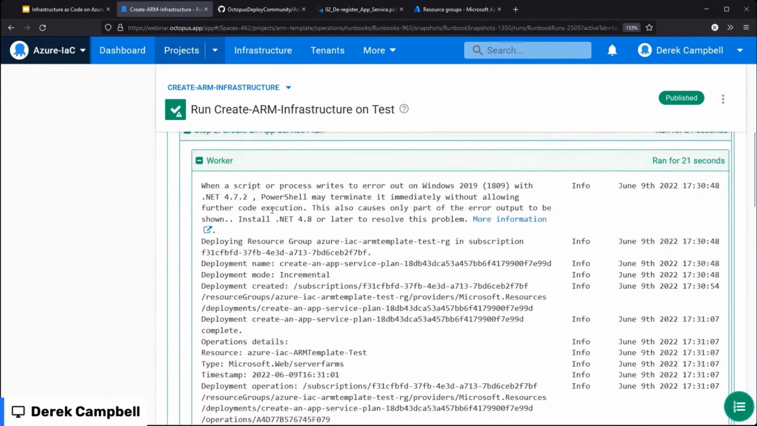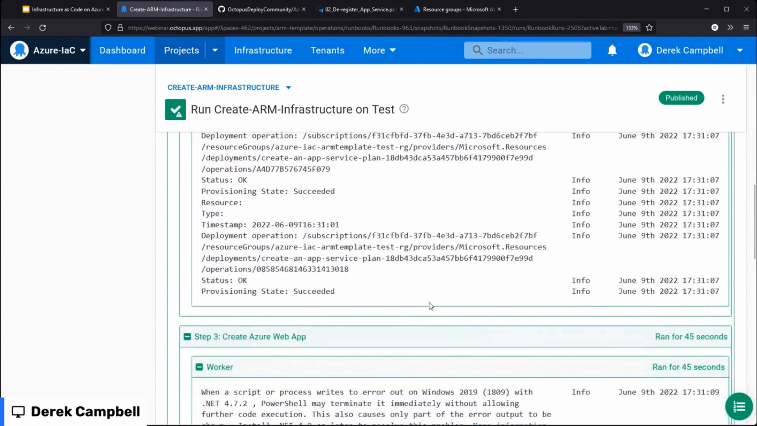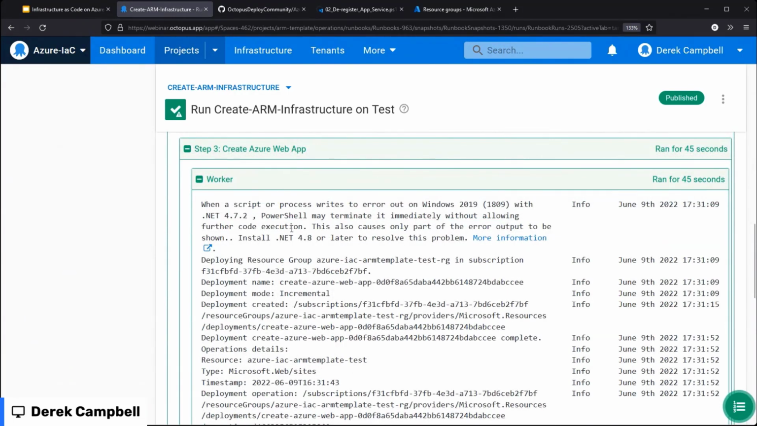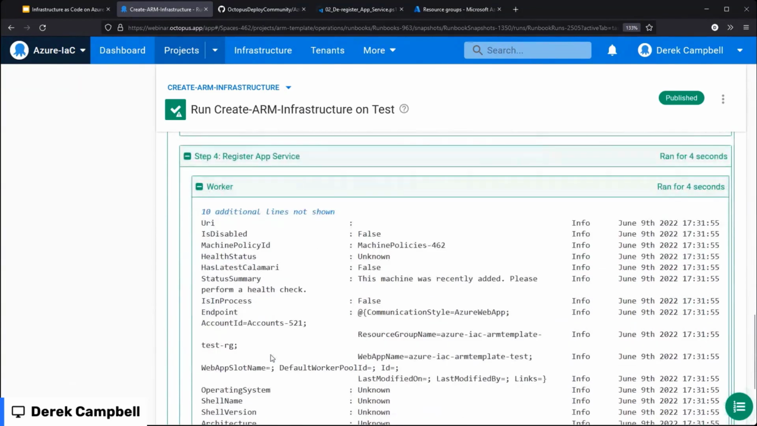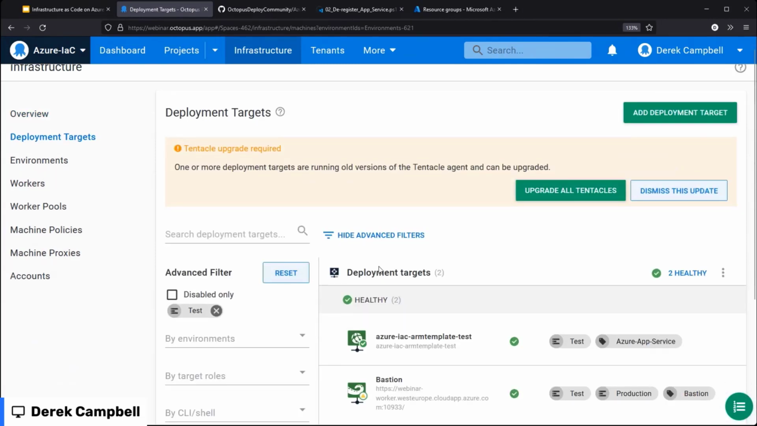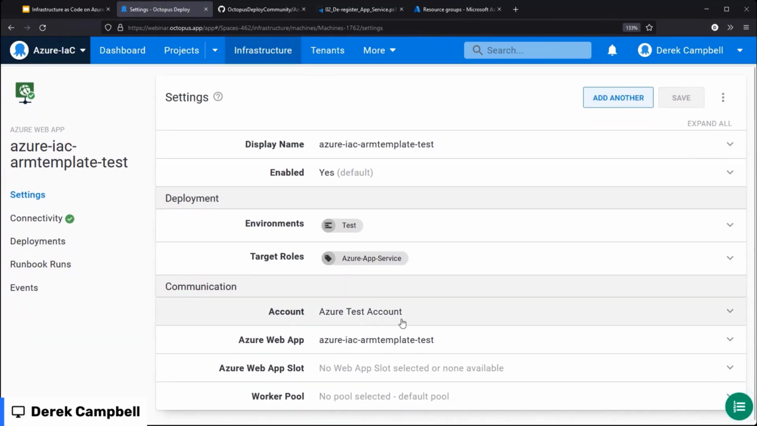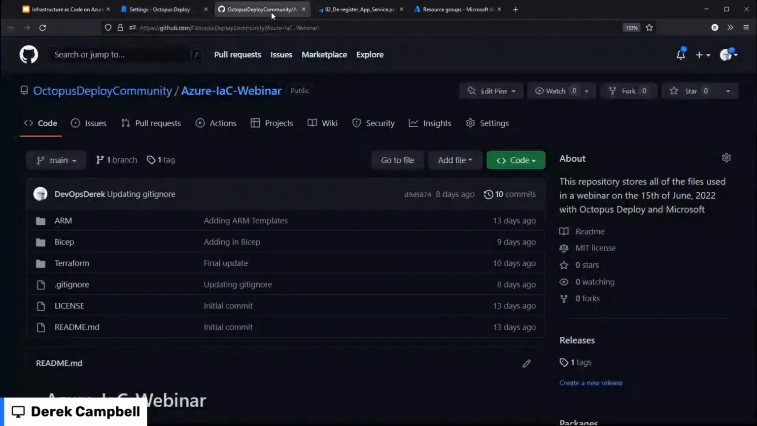And as you can see here, we're creating the app service plan. App service plans are a container for your app service. We'll come down, and then lastly, we do have the create Azure web app. So this has all been done. We should see that if we come into infrastructure, we have a test environment, and there we go. Let's just have a look. There's our freshly created Azure web app. We don't show resource groups or the app service plan, but as you can see here, this is using our test account, and this is using the Azure-IAC ARM template-test. You can see this in webinar.octopus.app, and you can also come along to